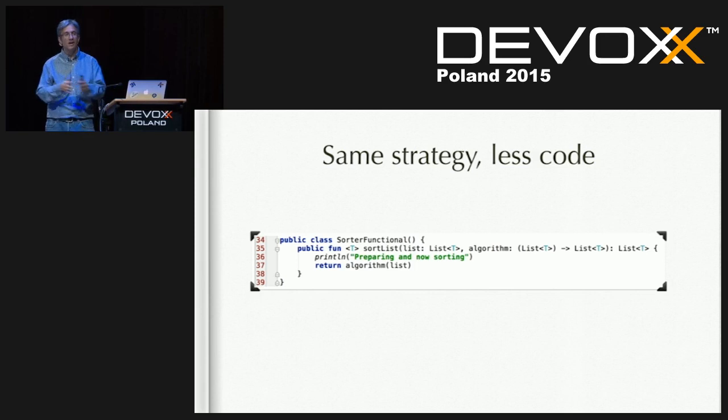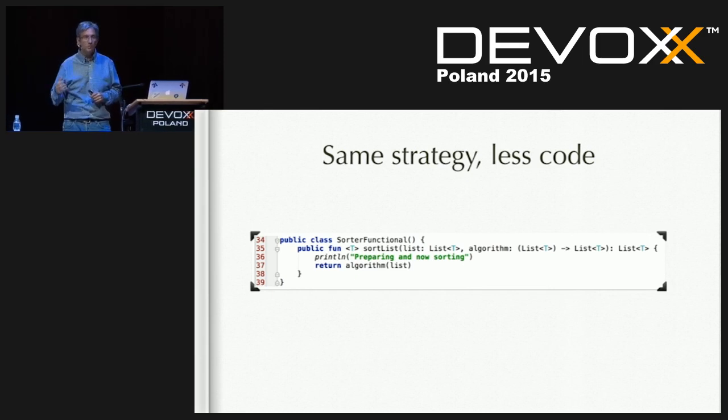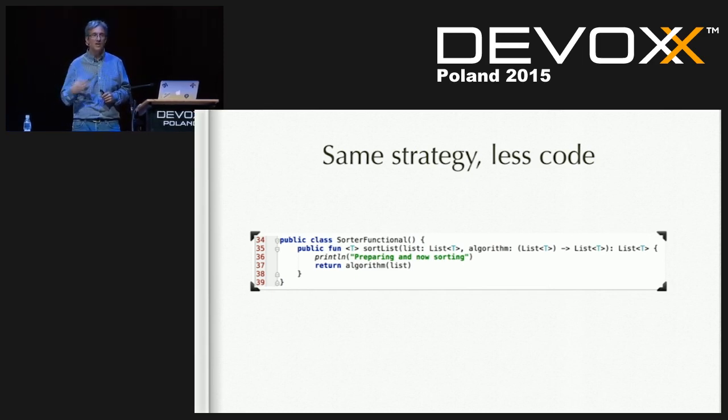So there wouldn't be a direct mapping of a strategy pattern with state to passing functions as parameters. There would be a, how would I do this and avoid state? And if I do avoid state, then I have those pure functions that help me reason about them more easily.